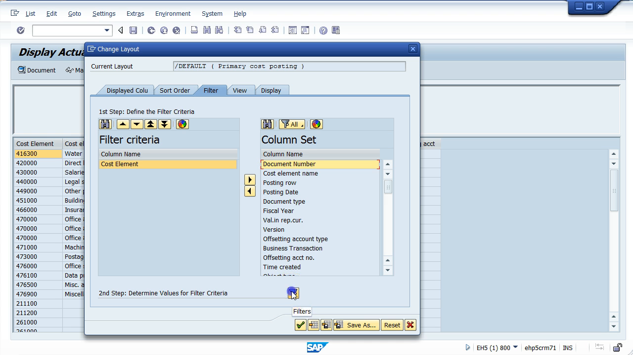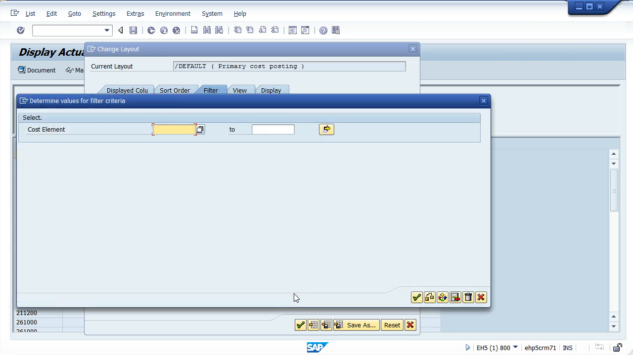So I'm going to click on that, and I'm going to get a second dialog, and you can see that it's showing my cost element column that I selected, and I have one text box where I can enter data, and I have a second one, and we'll talk about this when we talk about ranges, and then we have this button here for multiple selections that we'll discuss as well. But in this case, I only want to